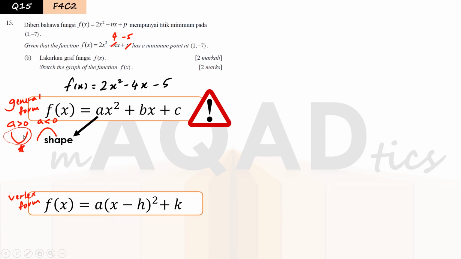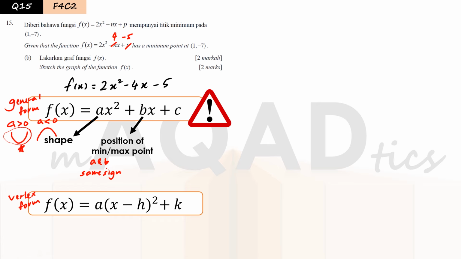Alright, and now going into B. So B here represents the position of the minimum or maximum point. Okay, so this one will be a bit tricky, because it depends on the value of A also. So if A and B have the same sign, meaning either both A and B are positive or both A and B are negative,